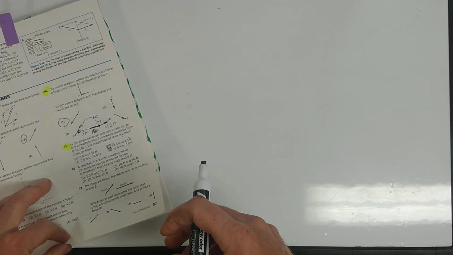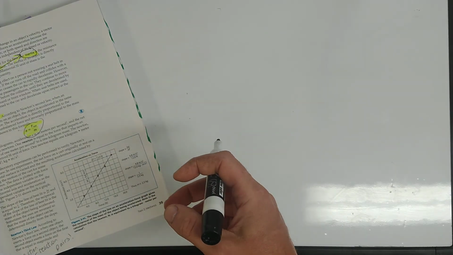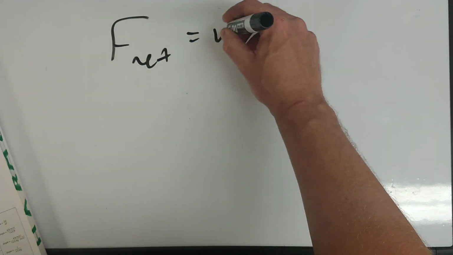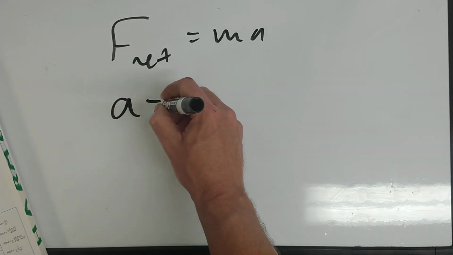I want to keep these videos short here. Basic, there's different questions on that page. You have the answer key here. You can check that out. Now, dynamics is F net equals ma, or the acceleration of object is